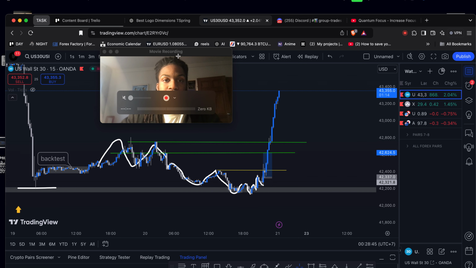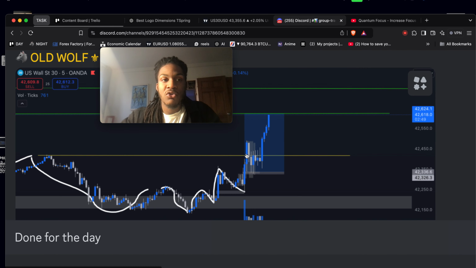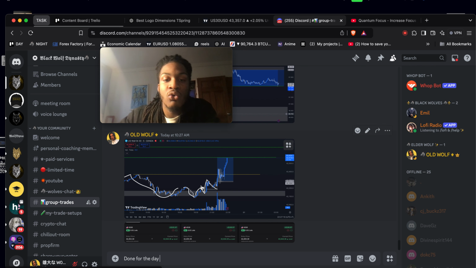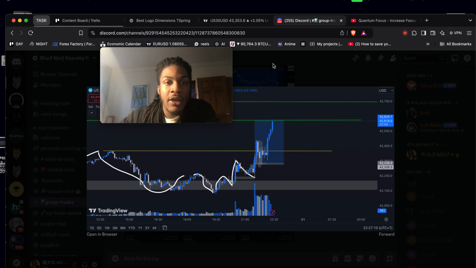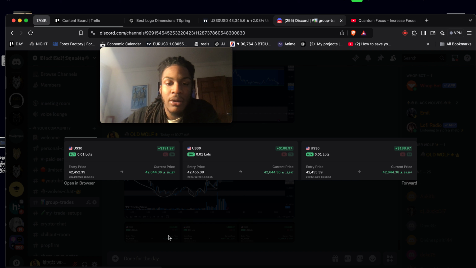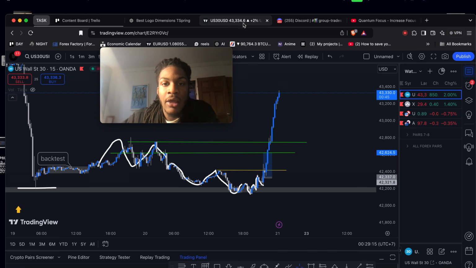I want to show you guys how that trade resulted in the Discord. And this Discord is free, by the way, for you all to join. Basically, this was the trade, and it was a smaller time frame trade. I actually changed the stop loss and made it bigger, and this was basically the profit. So I'm going to show you basically how I did this.